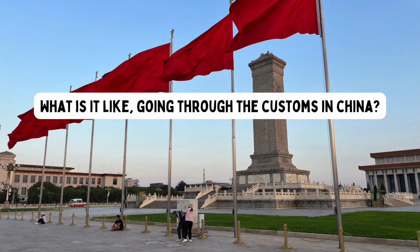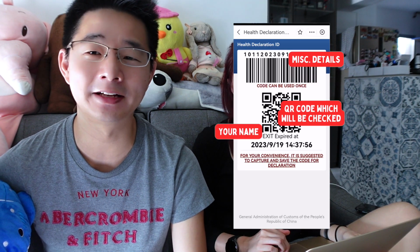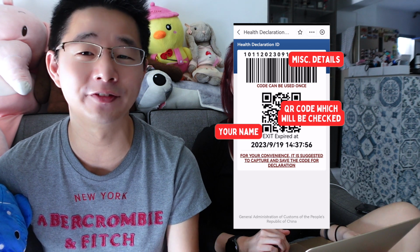Going through the customs in China. When we touched down at Beijing International Airport, we needed to have our customs declaration ready. You can do this on your Alipay app. There is this module that says health declaration, but you need to do this 24 hours before you fly. It will give you a QR code that expires within 24 hours, which you will need to show the immigration